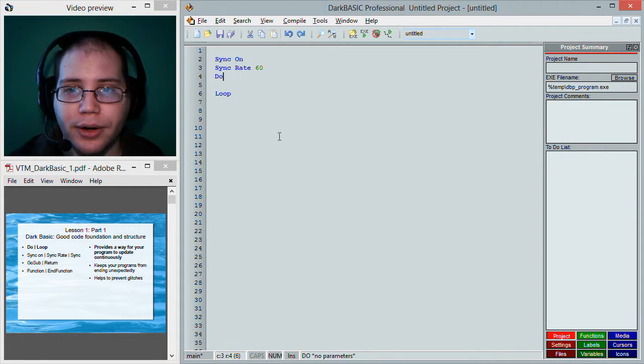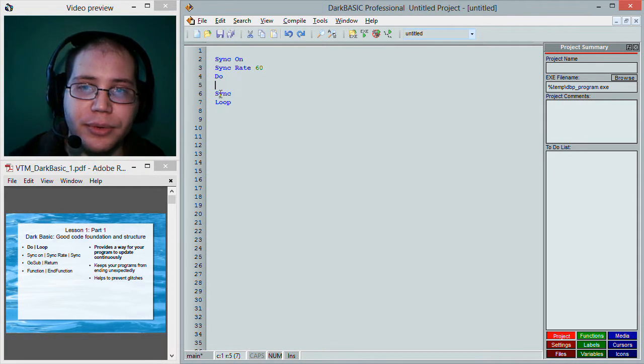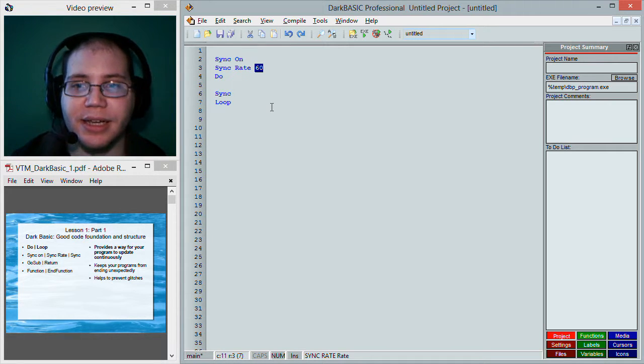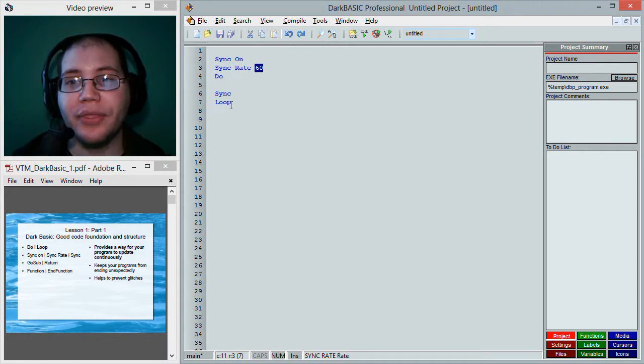This will keep your program running smooth and at a particular rate. In this case, 60 per second is usually good. So it'll go to here to do, and it'll do up to 60 pictures or 60 loop updates per second in the code. You can change this value from 0 to 1000. 0 will update as fast as it can, and 1000 will do up to 1000 updates locked in at that